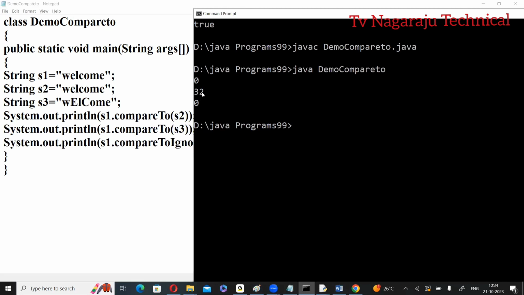But here we are getting the value 32. The difference of the first difference, small e value minus capital E value. That is the first difference. Now, the third one is,